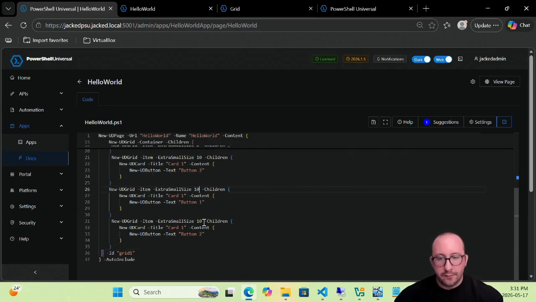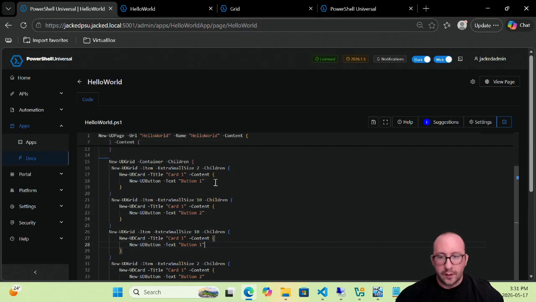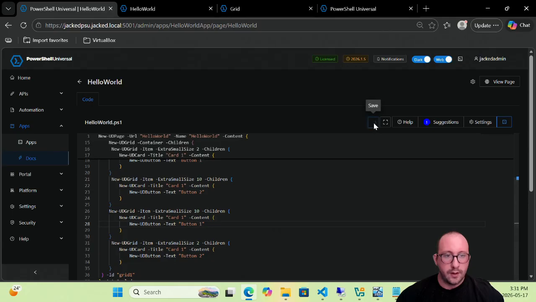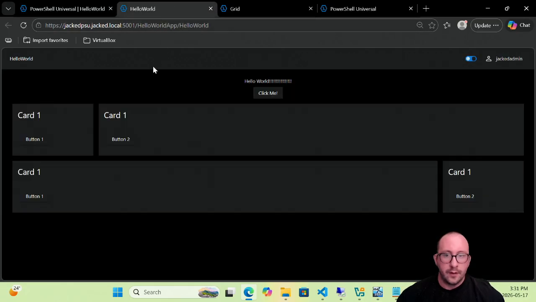So I'll have the first element as 10, and then the second element as 2 here. So our first child grid element will be 2, our second child grid element will be 10, our third child grid element will be 10, and our fourth child grid element will be 2. And we hit save here. Now you're going to see that we have a completely reversed layout. So you are not set to however you want to do your grids. You can change those grids constantly, which gives you really good control on how you want to